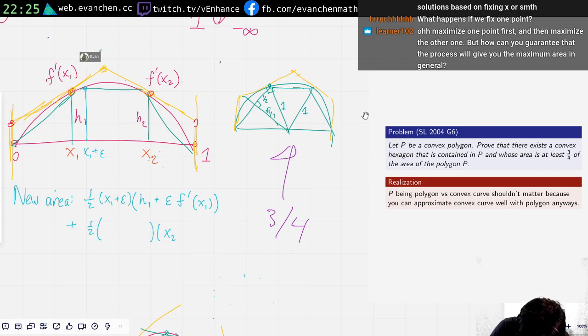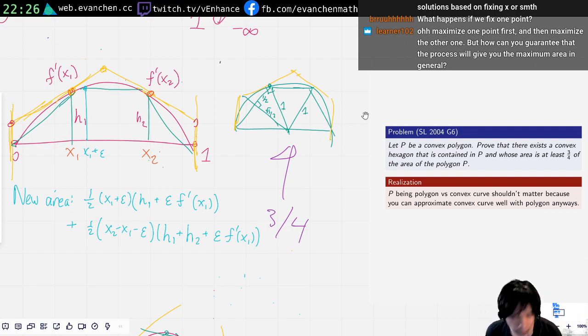Let me write them in the same order for consistency. x2 minus x1 minus epsilon. And then the other one is h1 plus h2 plus epsilon f prime x1. And okay, so the terms with epsilon equals 0 will be the same. And then